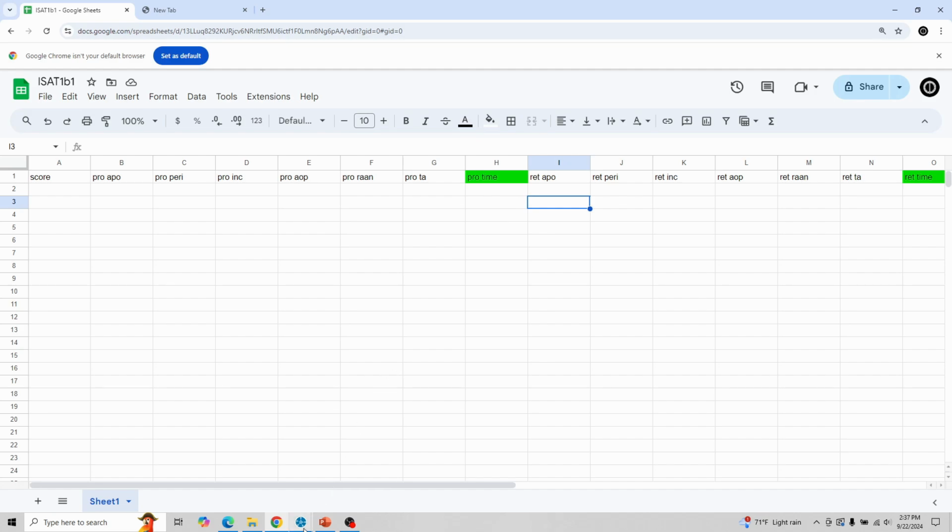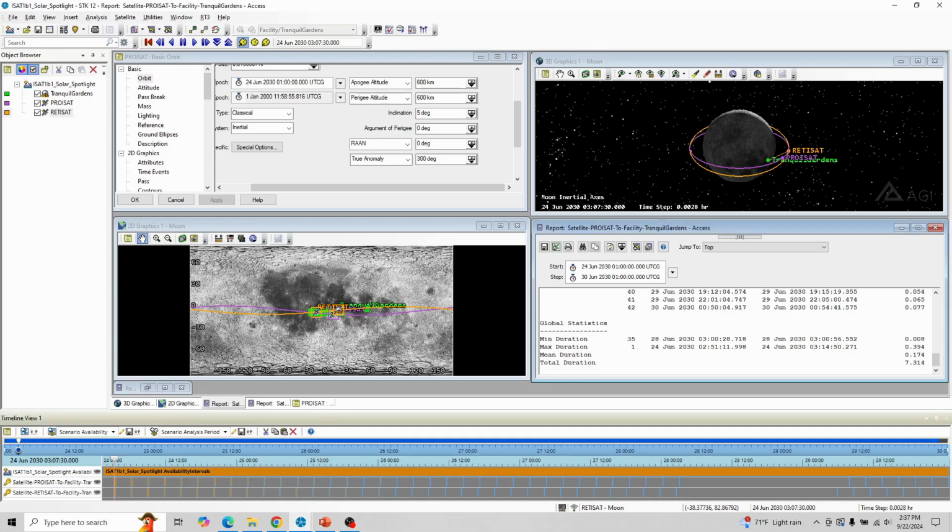Now, I mentioned in the other video, and particularly for this scenario, it seems like a good move, we can maximize one satellite without having to consider what the other one is doing. And since this one is built off of a lot of symmetry, maximizing one of them might give us insight into how we could maximize the other. So I'm going to keep my focus almost entirely on Pro ISAT initially. But I am going to put down both of their